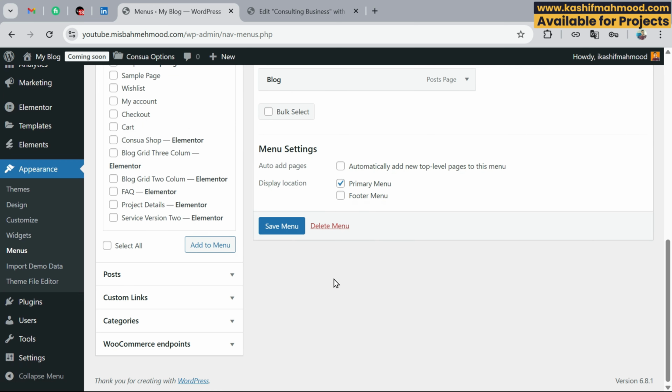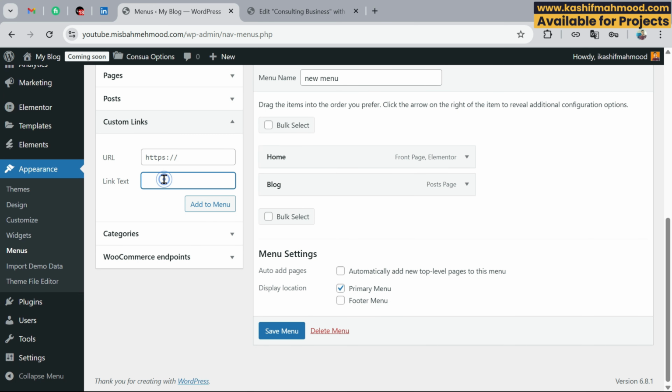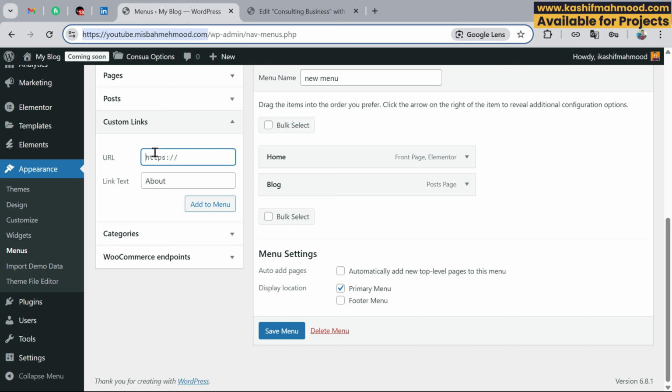items over here. Now we will go to Custom Link and we will write the link text as about, and here under URL we will have to type the URL of the website. This is the domain that I am using, so I will type that. You can type your domain, and after that type a hash over here and write the CSS ID that you have written in Elementor. So here you can see I have written that, and I will have to add a hash at the start of